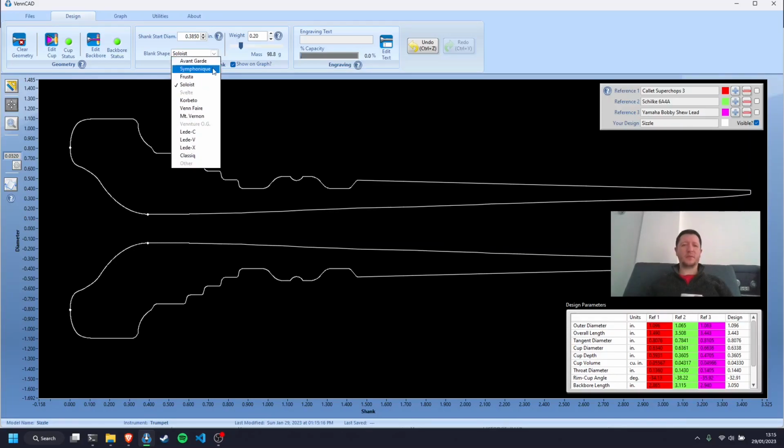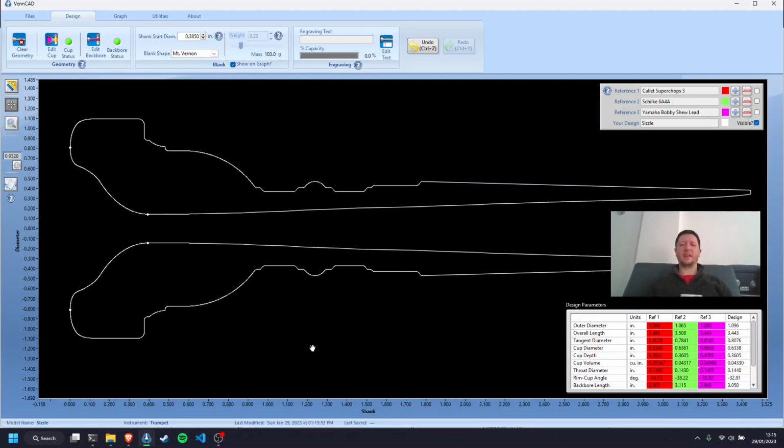But if you want to hide in an orchestra with a mouthpiece slightly smaller than everyone else's, you could just copy the Mount Vernon blank and it's good, and you could tell people that it's, you know, let's go up here and we're going to